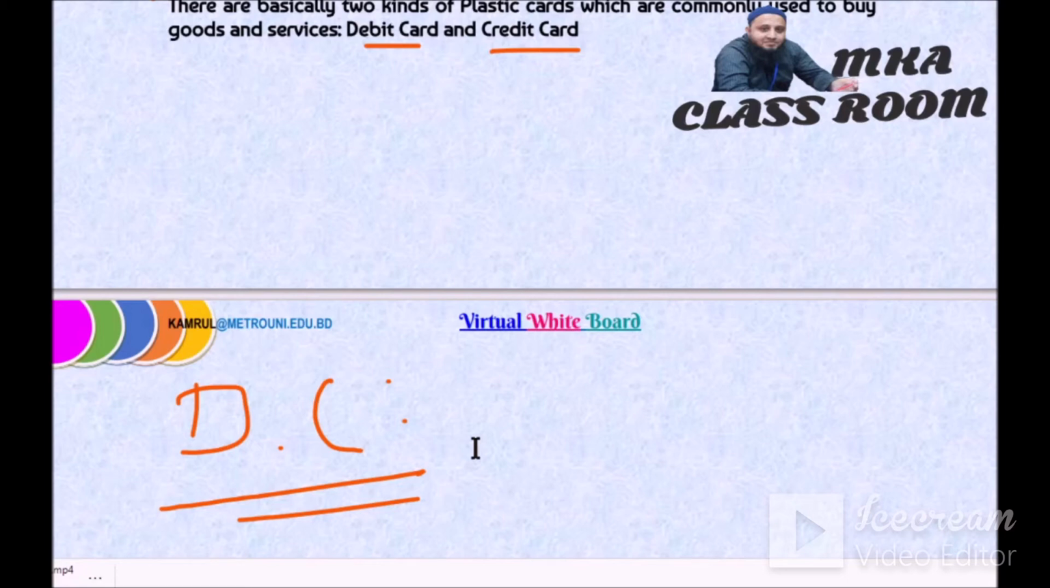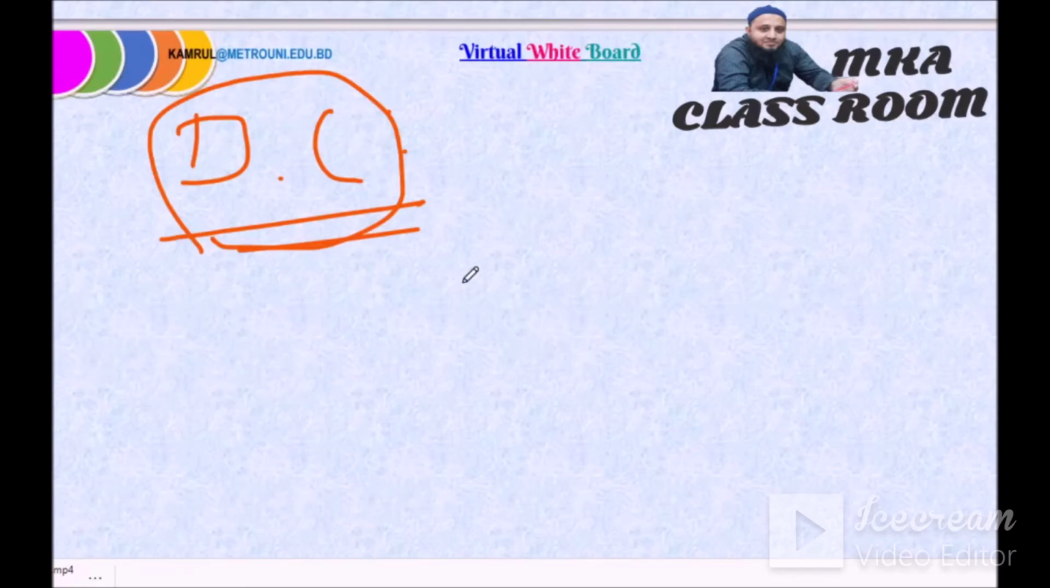One can buy things as long as there is money in that account. So a debit card is anyway pay now. Whatever fund your account has, you can use that amount for purchase. For an example, you have an account in the Trust Bank